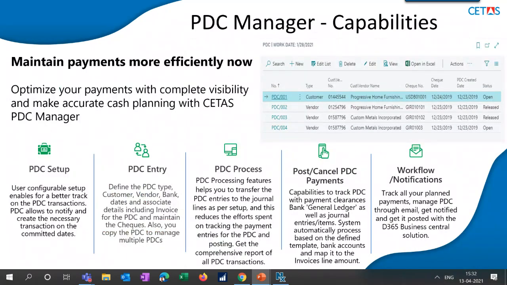Basically, what we have done is we have a setup functionality where you can do some initial configurations, and you can enter the post-dated check entries, whether it be the customer entry or the vendor payments. You also have an option to upload the PDC entries. And there is a PDC process feature where, based on the date, the system will move them to the actual vendor payment records or customer receipt records.